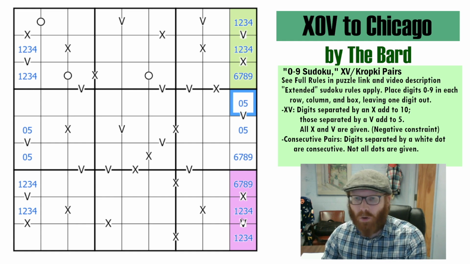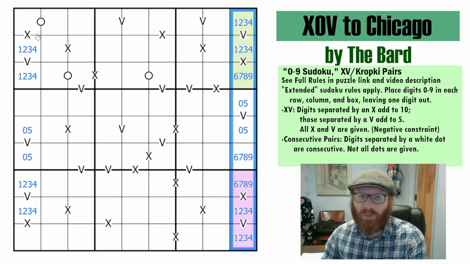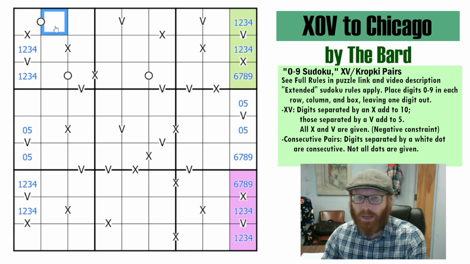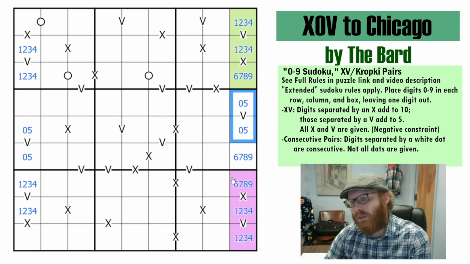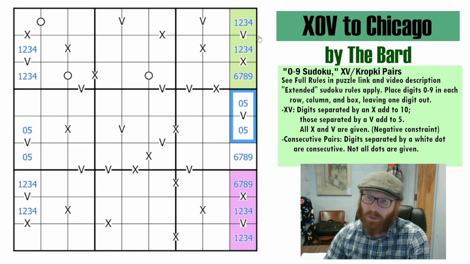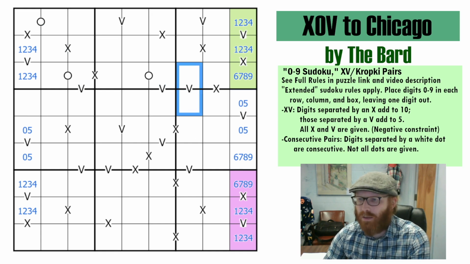I think the goal is going to be to take this coloring and connect it with this side of the grid and get the color onto these dots, and that's going to tell us how to solve the entire puzzle, I think. The first thing I want to do is chase this 0, 5 situation around to get my V's colored. So this 0, 5 sees that cell, which means this is a normal